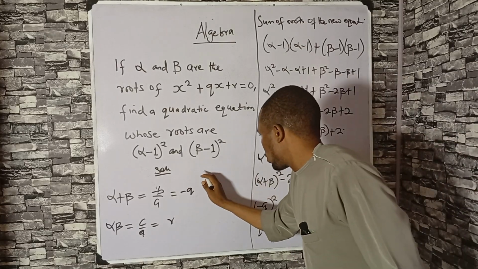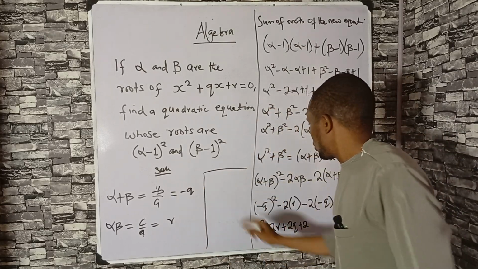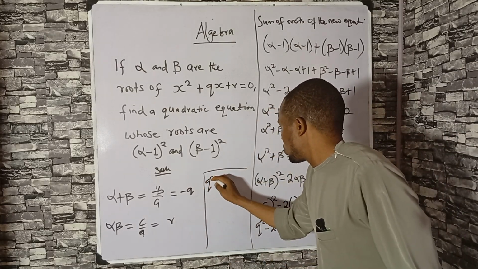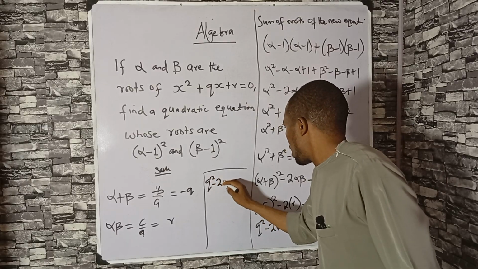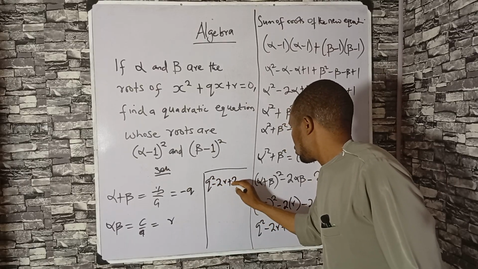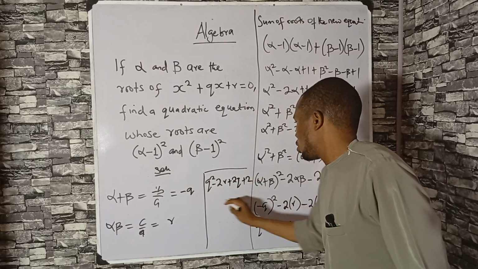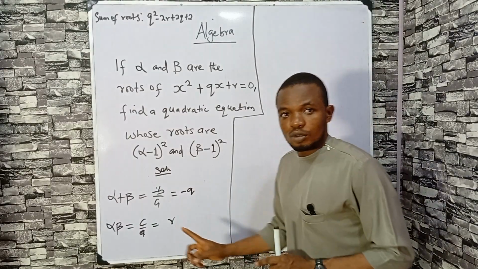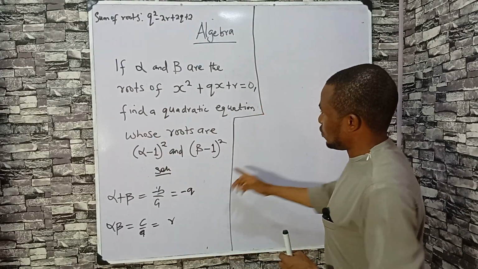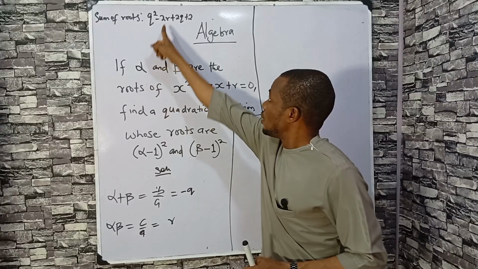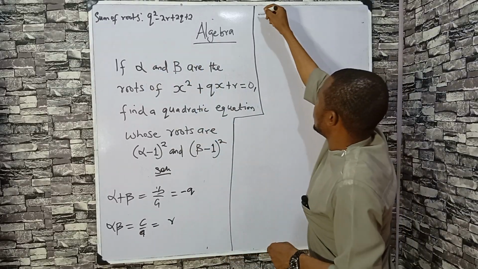So I have to write it somewhere here so I will remember. Sum of roots: q squared minus 2r plus 2q plus 2. So let's consider the product of roots. The sum of roots of the two equations, when you add, you'll have this. So when you multiply,